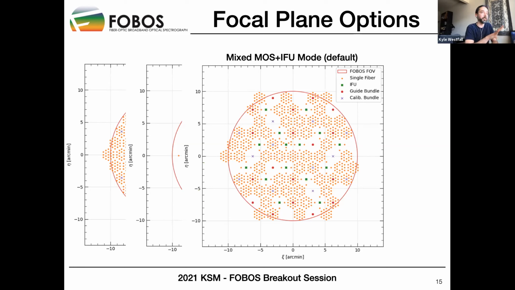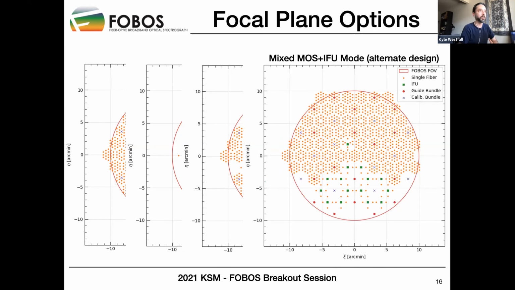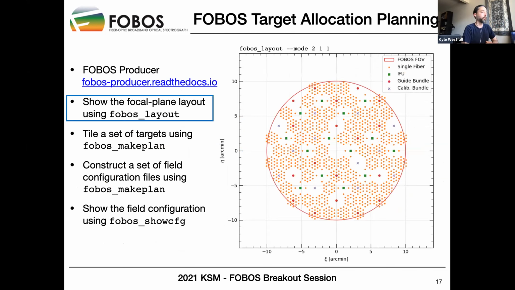This is one specific design of how the modules map between the focal plane and the spectrographs. This is the one that I think we'll end up preferring because it distributes the spectrographs independently across the full field of view. So spectrograph 1, when it's in a given mode, samples the full field of view, but it might be more mechanically viable to do something like this, where each spectrograph effectively has its own zone of the field of view. So we'll have to study to understand which one is more beneficial. But if you have a science program that would benefit more from one or the other, we'd be interested to know that. So that's this focal plane layout